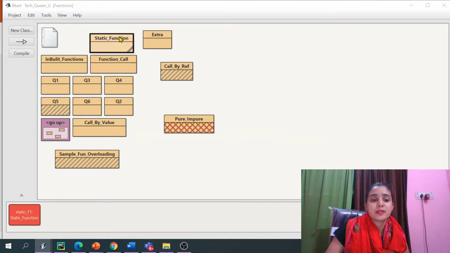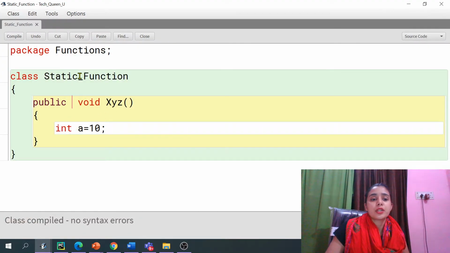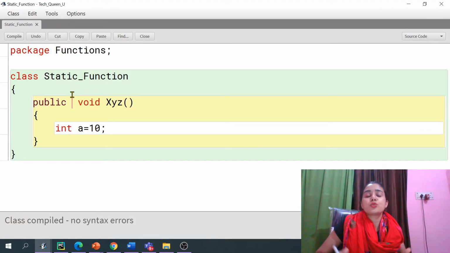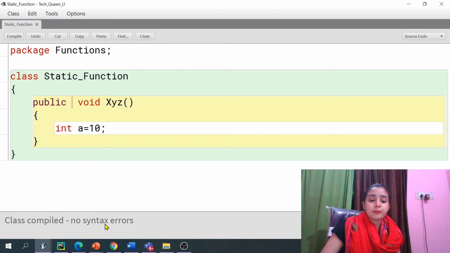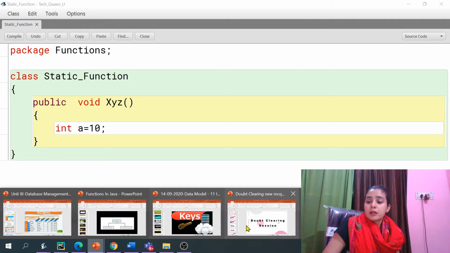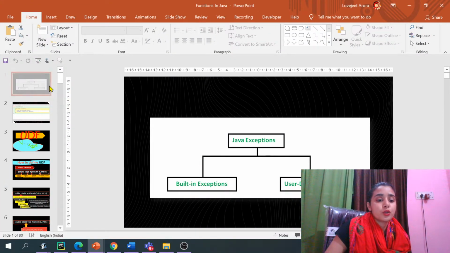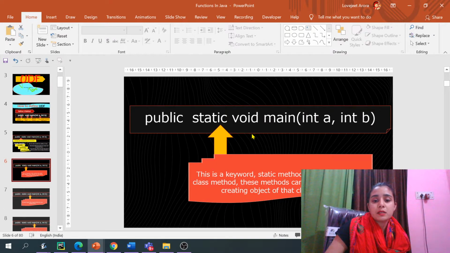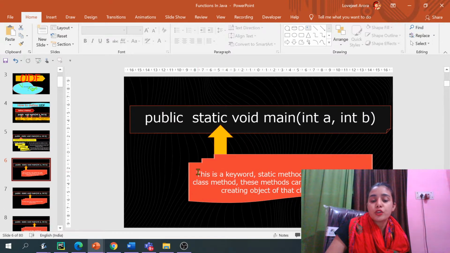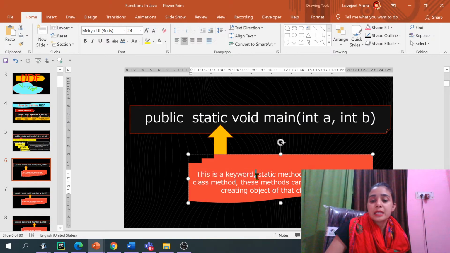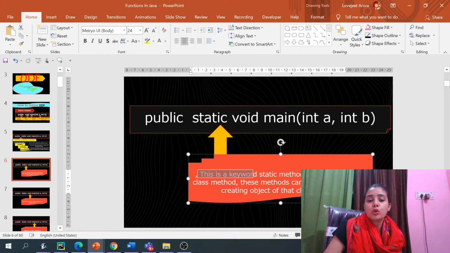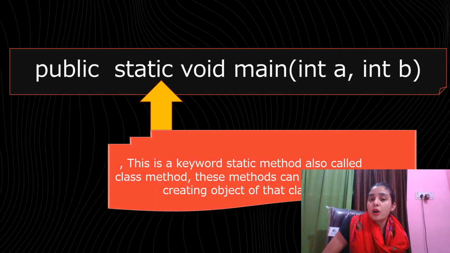But I have not specified anything here. I was just telling you what it means if you are using static and if you are not using static. The static method, if you are using it in the program, static is first of all a keyword, right? The static method is also called the class method. These methods can be called without creating the object of that class.